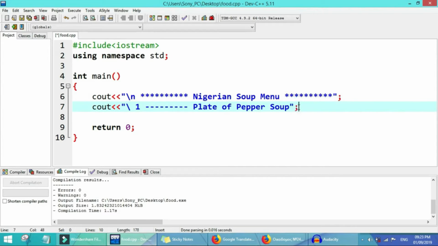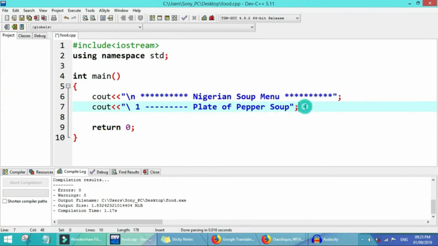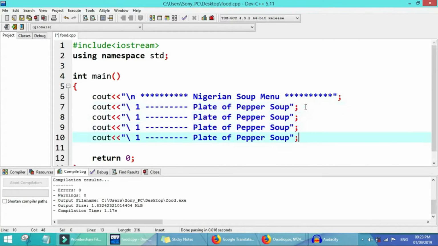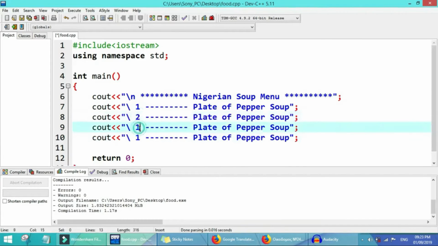Okay, so we go copy and paste this one for other lines so that it go fast small. Ctrl V, Ctrl V. Okay, so this one are the first list, the second one, the third, and the fourth. So the first one are plate of pepper soup, which we say the price go be 700 naira.